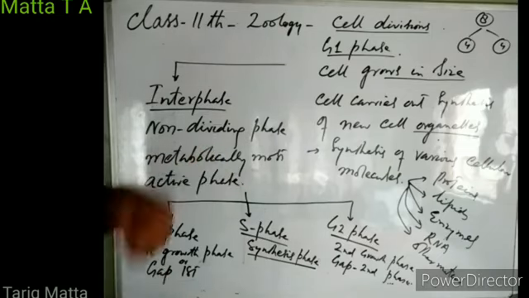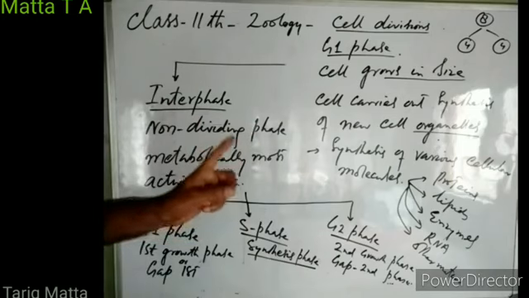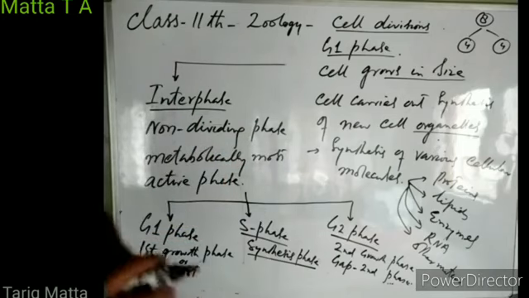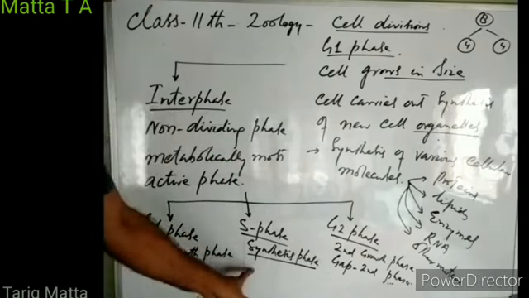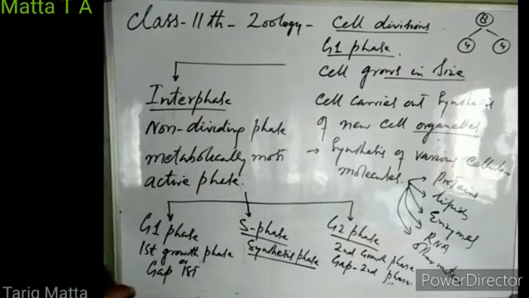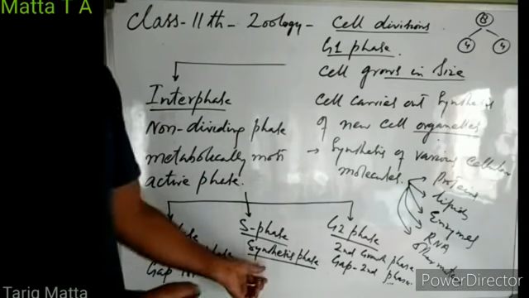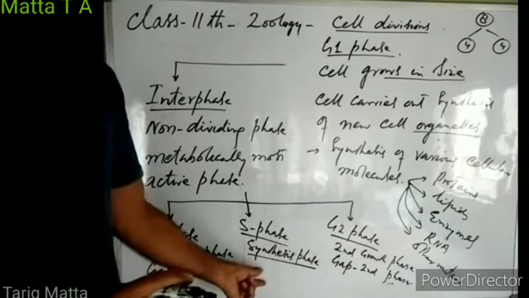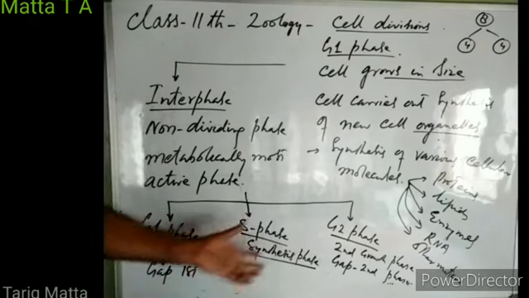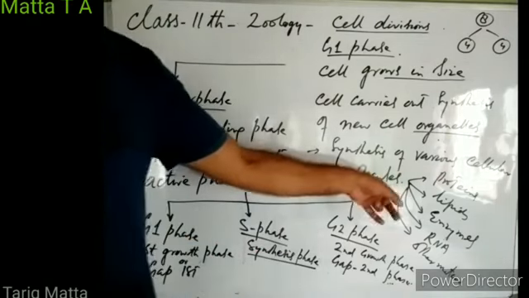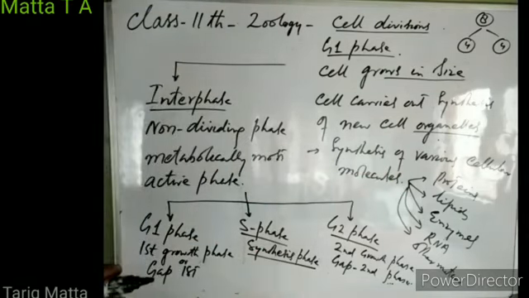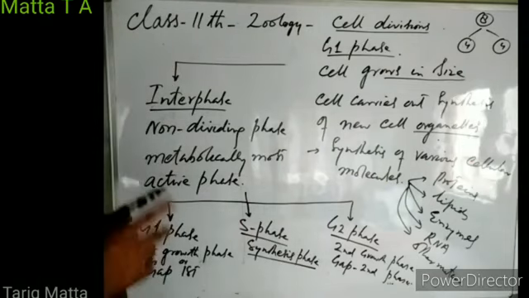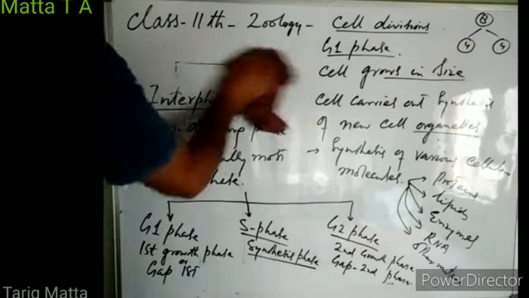And in this phase, the cell also carries out synthesis of enzymes which are required for the second phase, that is the replication of DNA. In S phase, there is synthesis of new DNA. So all the enzymes which are required by the cell for the replication of DNA are formed in this phase, in the first growth phase, right? So before the cell enters into the S phase,